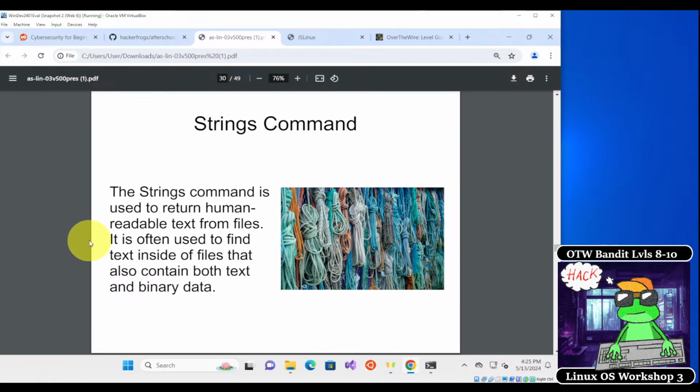To get the human readable strings out of a file that has mostly binary data, we use the strings command. The strings command is used to return human readable text from files. It is often used to find text inside of files that contain both text and binary data. So if we're to go back to